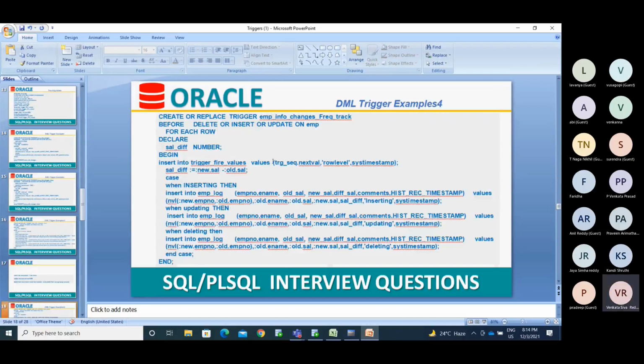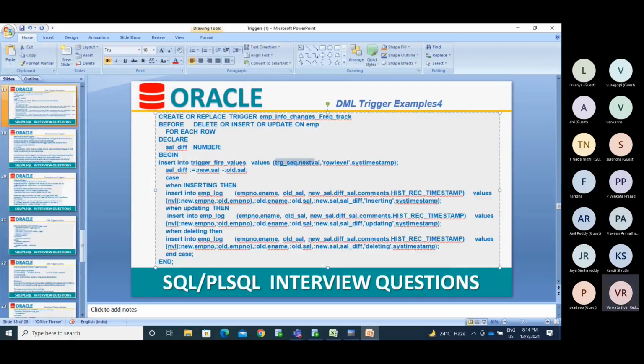See here, I'm simply calling how many times it is firing. To understand that, I'm using the sequence name dot nextval. I hard coded it as row level. It's a row level trigger, so for each row it fires, that's why I mentioned row level.